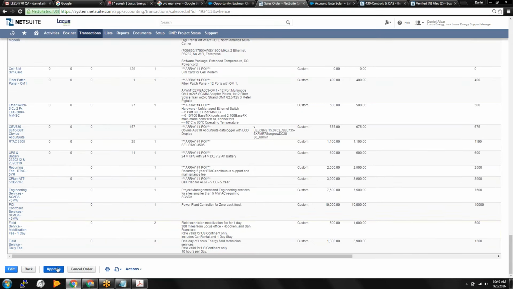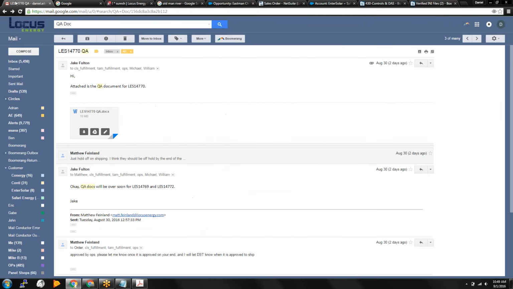button. But again, this is not your scope of work for right now. Let our separate team handle this. And you might get involved if it's a very complex project down the road. Now, this is a great opportunity for you if you have any specific requirements, maybe that weren't captured well in NetSuite and perhaps were missed, that you noticed in the document, for you to email DST directly via this